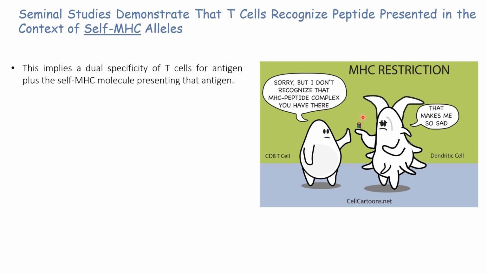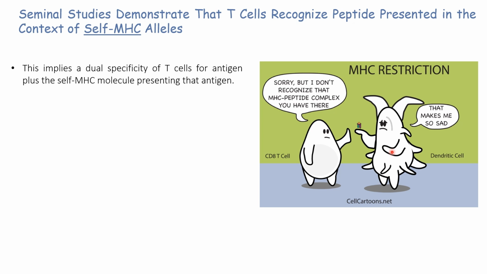So in this cute cartoon, we have a dendritic cell presenting peptide, and then we have a CD8 T cell, which is a cytotoxic T cell. He says, sorry, I don't recognize that one. If this T cell comes from another person, then it will probably recognize the dendritic cell as foreign and start attacking it. But it's not going to recognize this little thing here, which is supposed to represent MHC with an orange peptide on it. So it's not going to see that. It's going to see the whole thing as